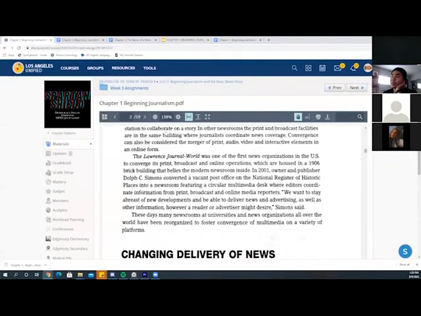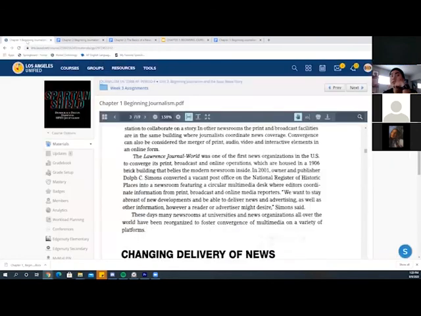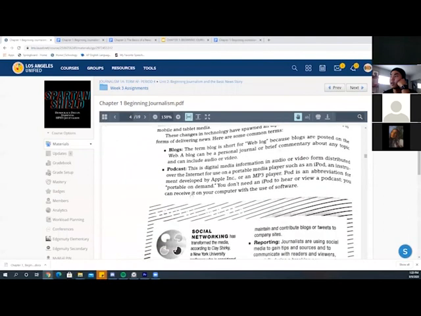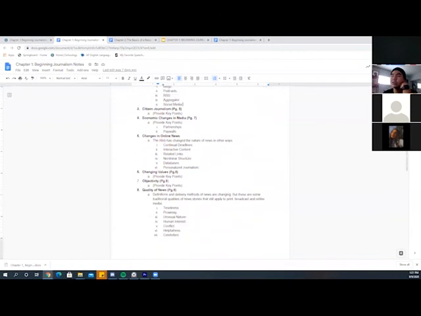So you read these paragraphs right here, and then give me a summary right here. And then you see the next one says changing delivery of news. So you're in the right section, and it gives you a small definition of what these words mean. And then you go here, and you type in the definitions of what those words are. Okay, I get it. Yeah, so you learn through the chapter.